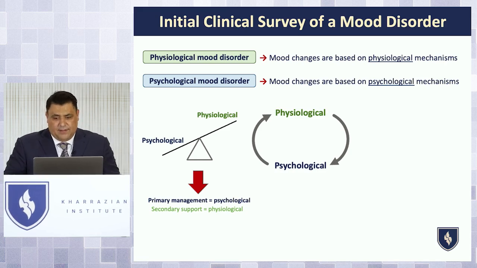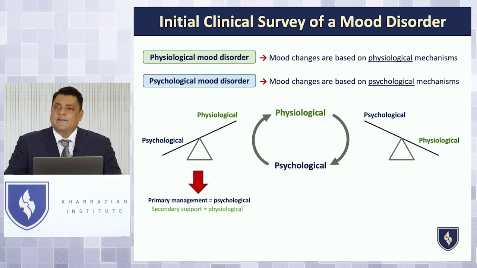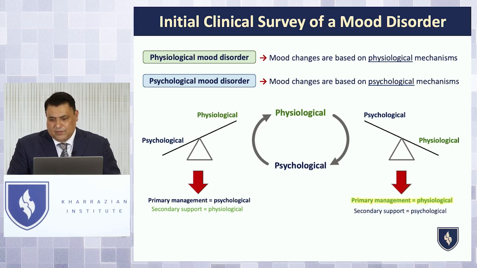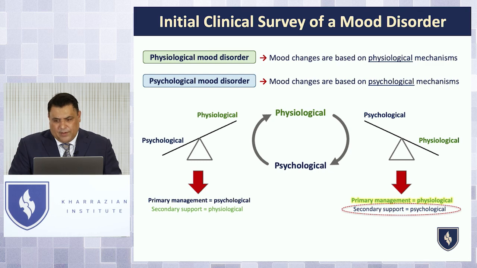Now, sometimes you have patients come in and say, I'm totally depressed. I don't know why. I don't have any stressors. I've been successful in life. I'm retired. I love my kids, I love my family, everything is great, but I have chronic depression. That's different, okay? That's when you have primarily a physiological issue, okay? Now, when you do have people that have psychological issues, the secondary support, they could benefit from a support group or whatever, but your goal as a functional medicine practitioner is to help their physiology.